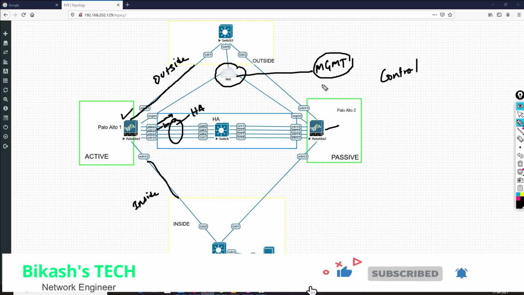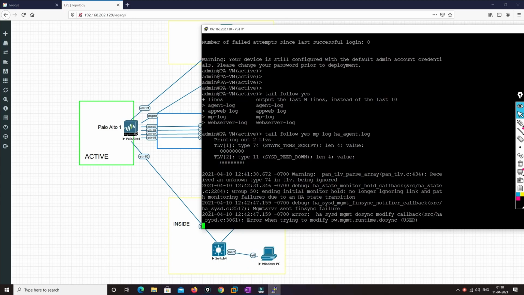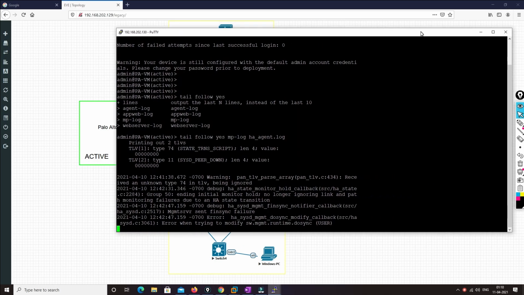So be with me. Now friends, what we are going to do is turn off the switch so that they will not be able to communicate, and we'll see how the split brain scenario comes into the picture. I have already logged into the CLI mode of the devices, and I'll show you the logs that are generated. I'll also log into the GUI and show you the logs that appear there, so that whenever this kind of issue comes to you, you'll see the logs and understand what exactly the issue is.